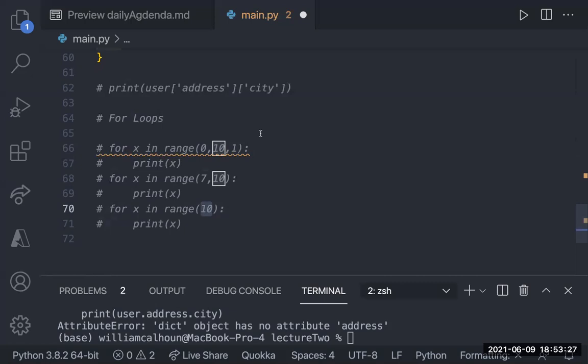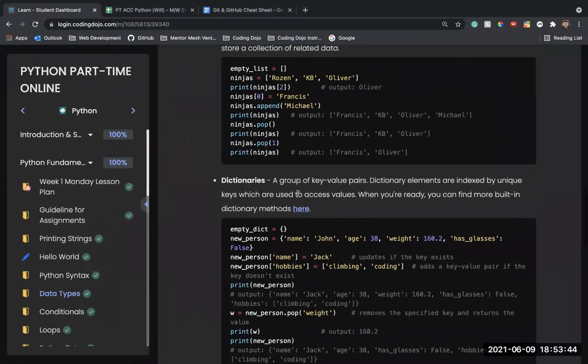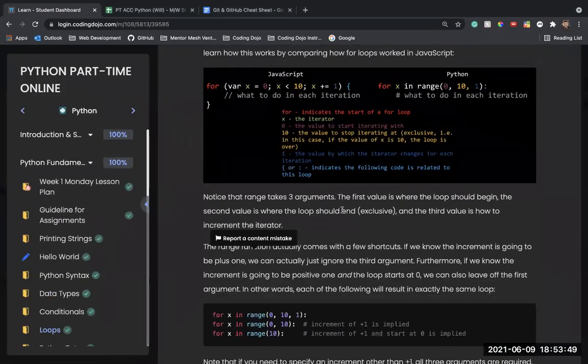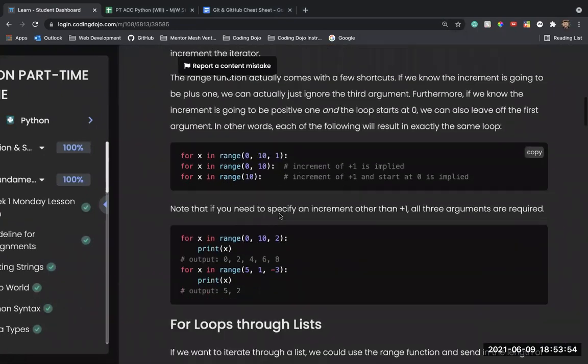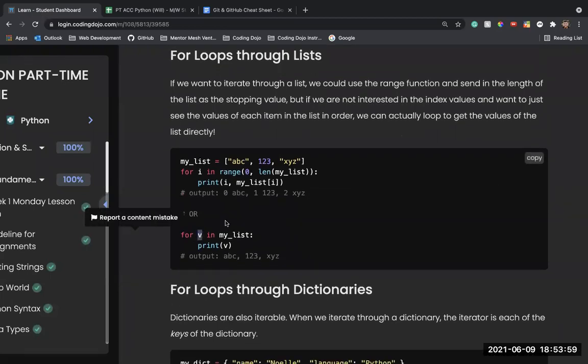So that's pretty cool. Now, what we might be used to is where we had that offload. I might be used to saying something like this, right? And this will just say, okay, stop whenever you get to the length of the list in Buffalo. But what Python allows me to do, instead of having to say for X in range, is I can just say this: I can say X or V or whatever I want in whatever that list is.